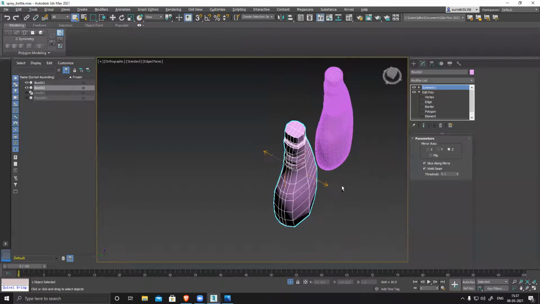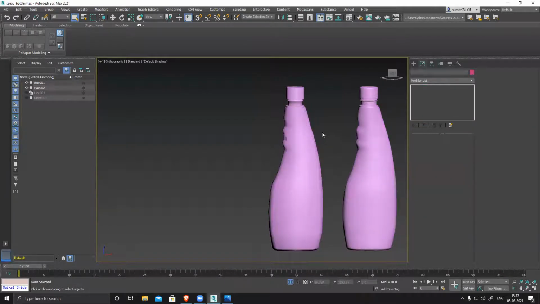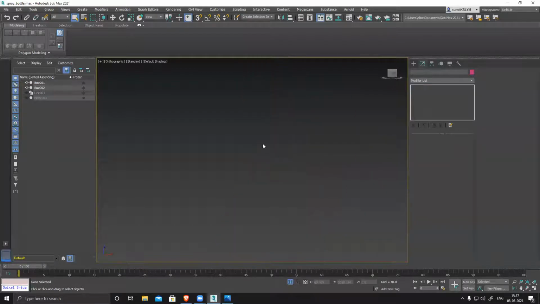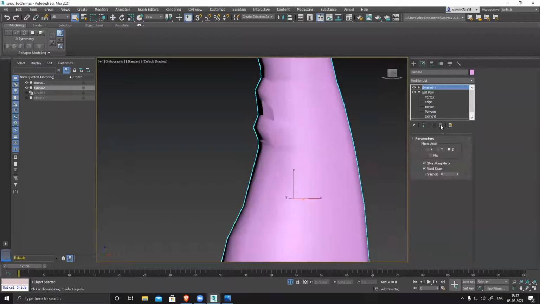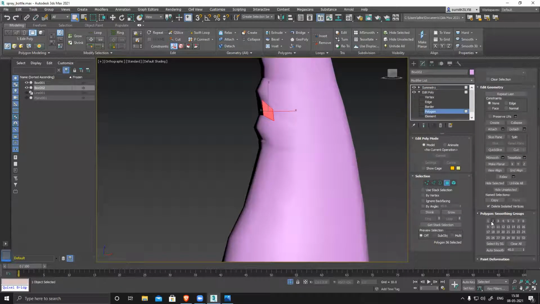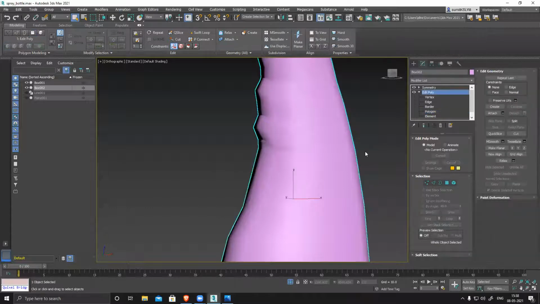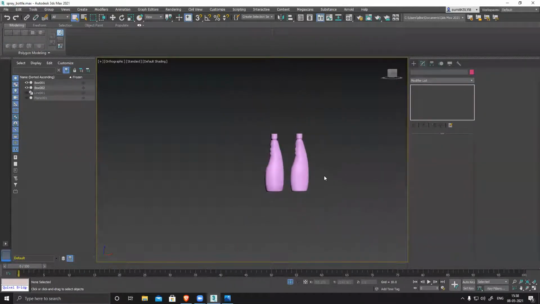Yeah, correct. So now you can see, okay, there is a little issue. I accidentally selected a polygon here. This one should have one smoothing. Yeah, now it's fine. So from a distance, it will look the same only, right?